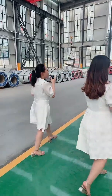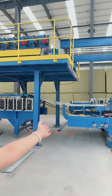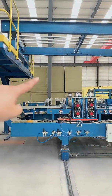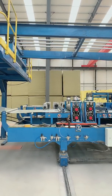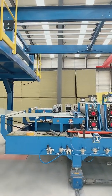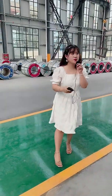For now, we are going to show you another workshop. You can see the inside with our rock wall raw materials. It's for our rock wall panel, because that thickness is 100 millimeter. The density we can do from 60 kilograms to 120 kilograms. So according to your budget or your requirements, according to your project, we will suggest the density